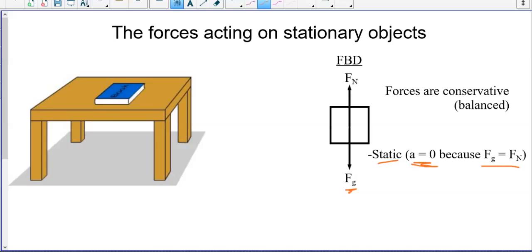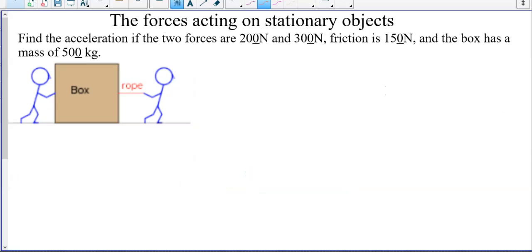There's no vector arrows drawn here over Fg or Fn, so I'm just referring to numerical values, right? If I talked about the vector values of them, your weight in vector notation would be equal to the negative of the normal, because they're acting in different directions. Anyhow, so